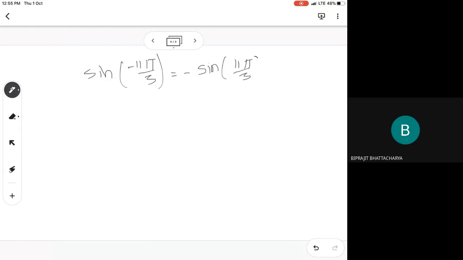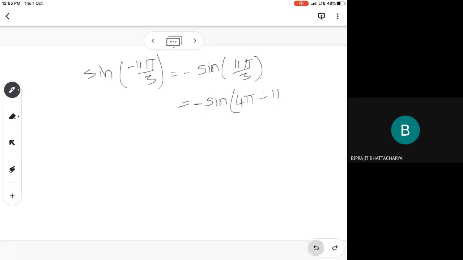Now this can be written as minus sin, but here you are going to get minus आ जाएगा इसमें। अभी you can write it as a 4 pi minus pi by 11 pi. No, you cannot write 4 pi minus 11 pi by 3. माइनस पहले लिखना पड़ता है। If you are writing again minus like this you have to write, and plus में लिख नहीं सकते हैं, you cannot write in the form of the plus here.